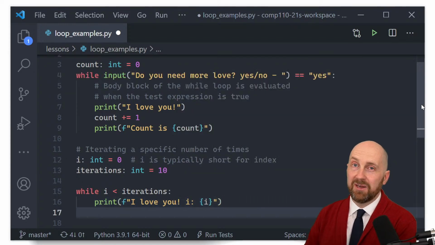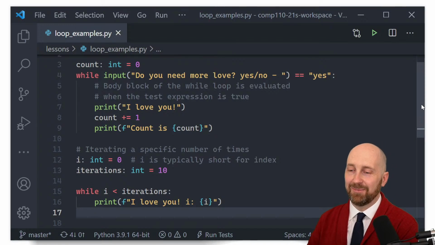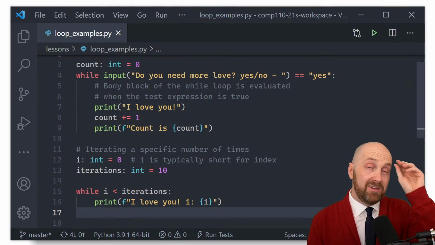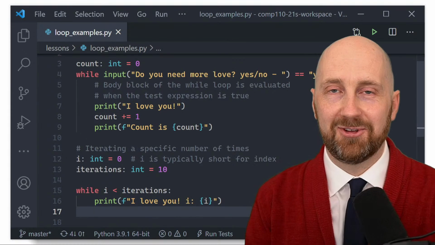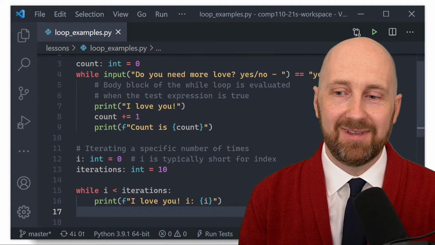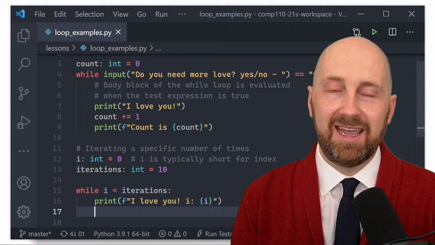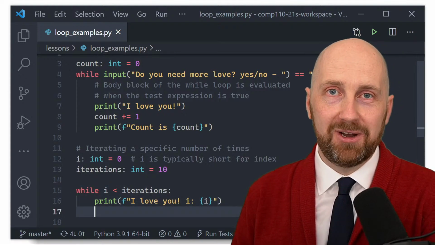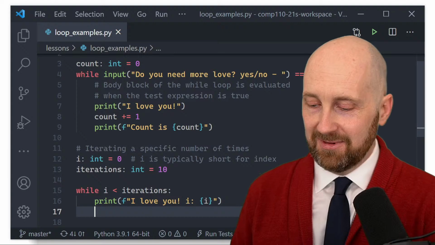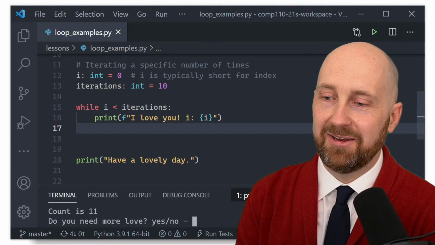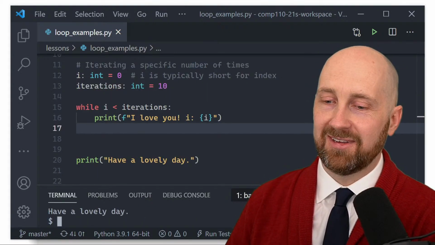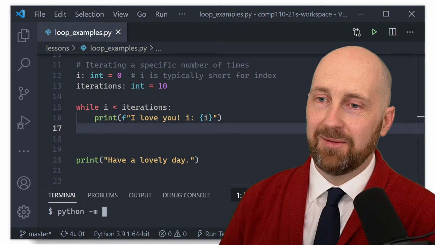Now there's something else very important we need to do here before we go and run this program. In fact, I'm going to run this program, but please, don't run this program quite yet. This is what we call an infinite loop. This loop will not end unless we forcefully quit our terminal and tell it to. So let's try it, right? I'll try it, but you don't need to do this, right? So python -m